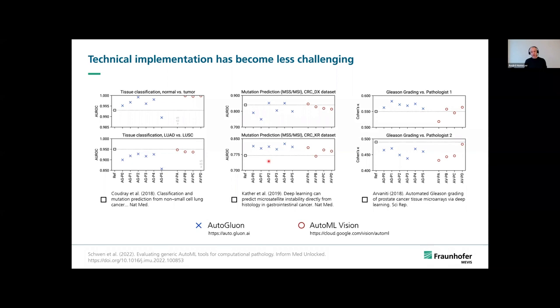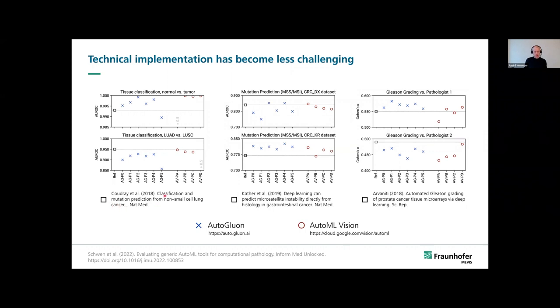The columns on this slide represent the different use cases: tissue classification here, mutation prediction here, and Gleason grading here in the 3rd column. The crosses represent the results obtained by models of AutoGluon, and the circles represent results of models obtained by the AutoML framework, AutoML Vision of Google, and the boxes represent the results of the respective original